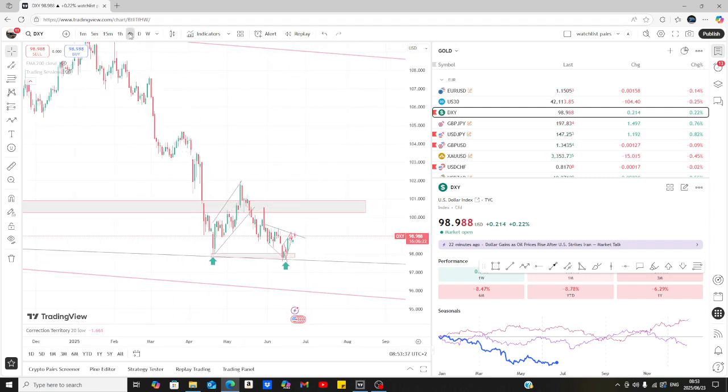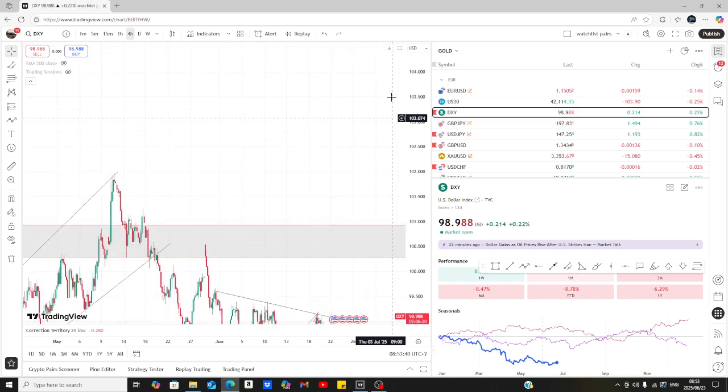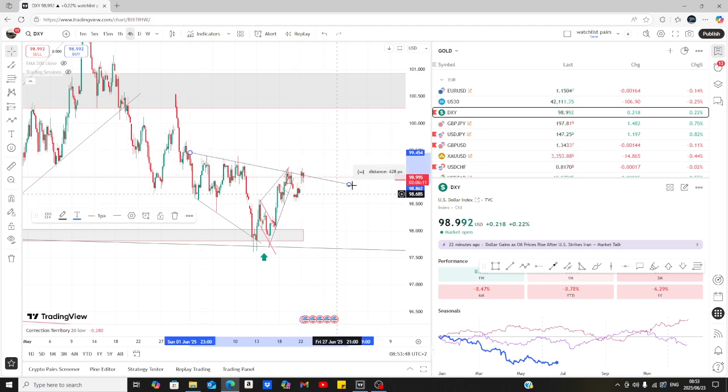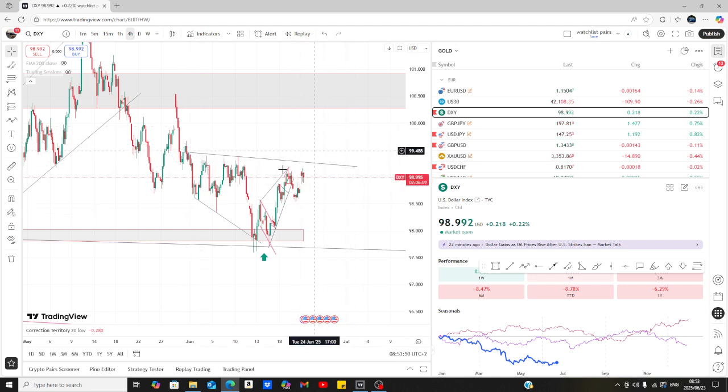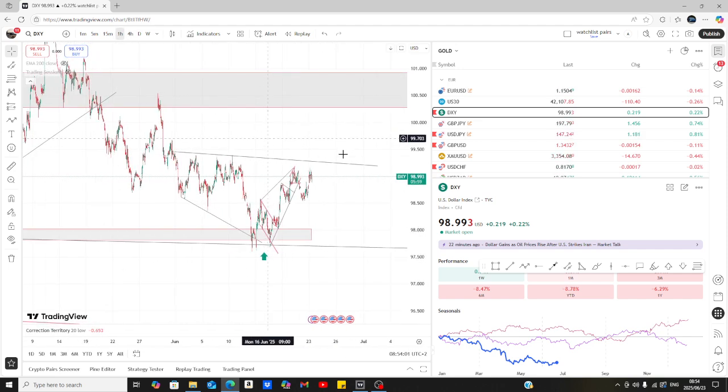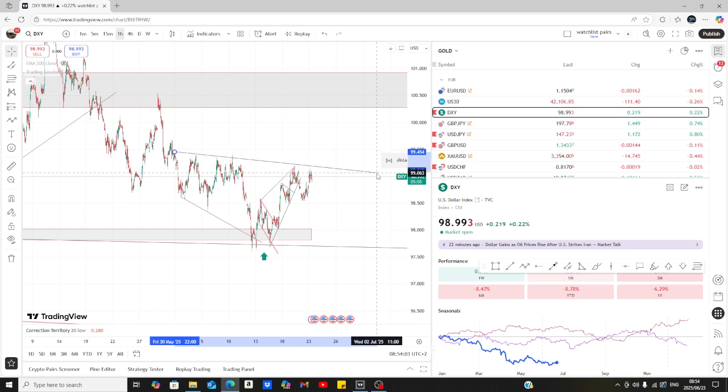Okay, so just to recap from last week, we had the push up from the previous expanding channel support. Previously the analysis was looking more like the structure still had a gap to fill. But as we started developing, I started noticing that this is looking more like a potential inverse head and shoulder. And what I mean by that is if you just pull this to this being the potential neckline, and maybe